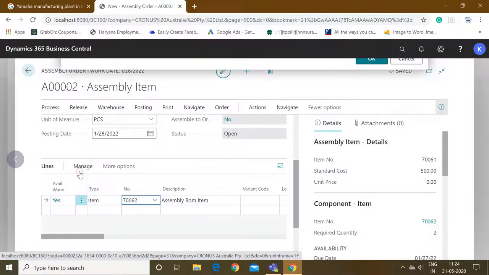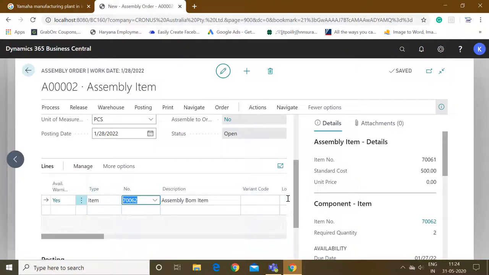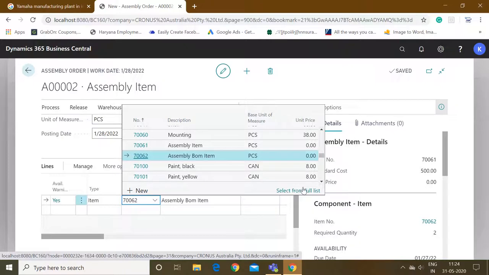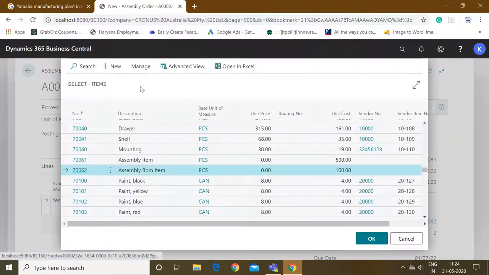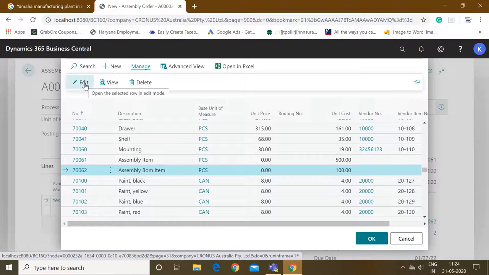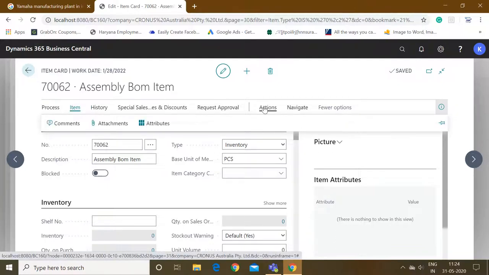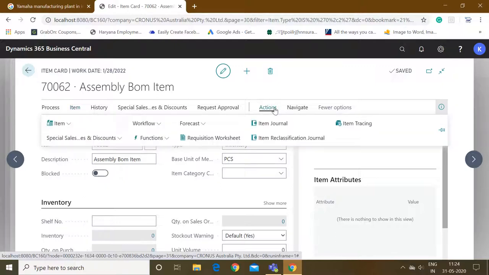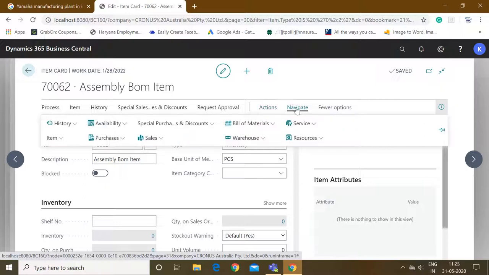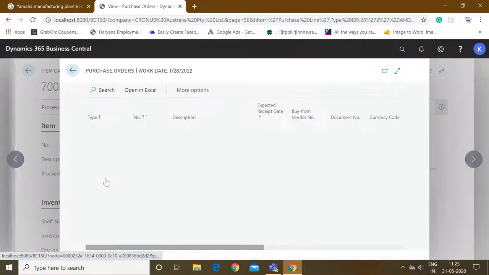So in order to purchase two quantities of this 70062 item, first we will go to this item and post the purchase journal in order to increase the inventory, or let me post the purchase order.